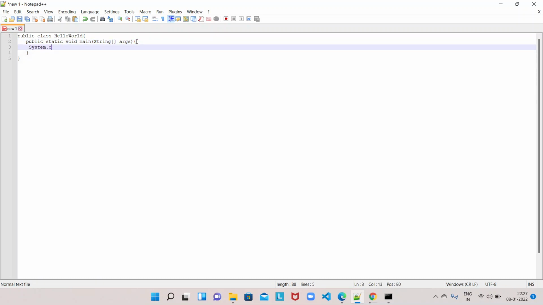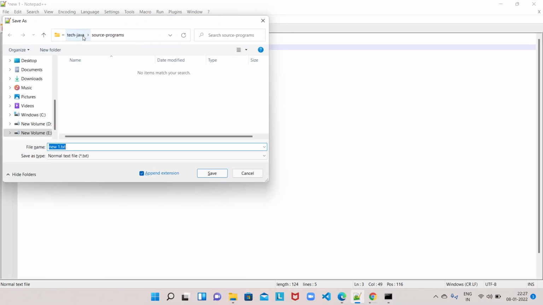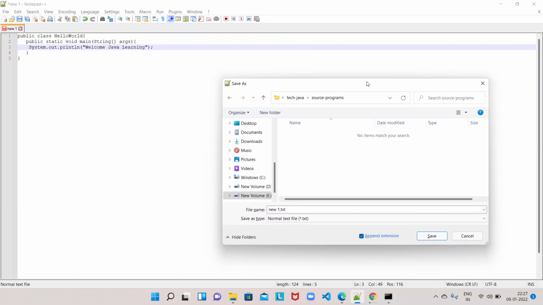Now I'm going to print System.out.println welcome to Java learning. Now I'm going to save this one in one of the folders. Okay, while saving, the file name should be the public class name.